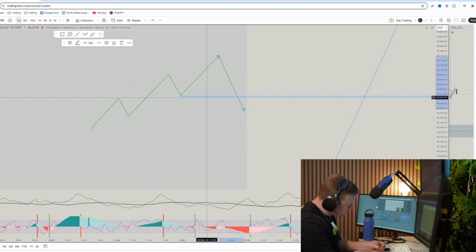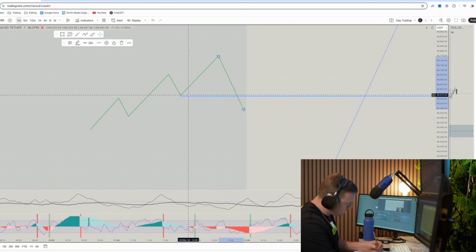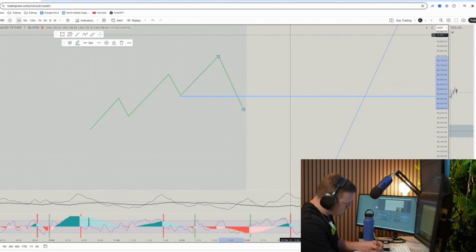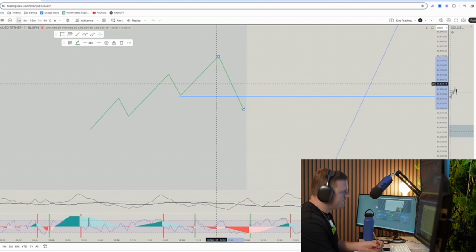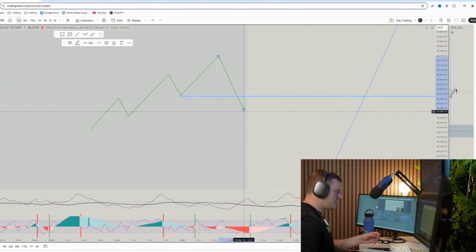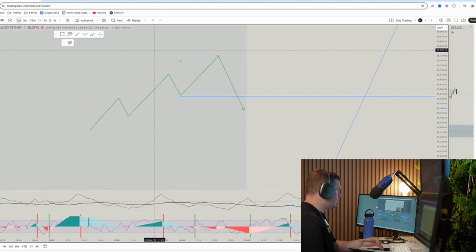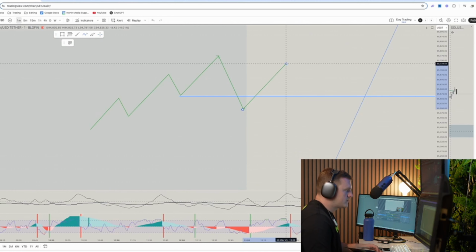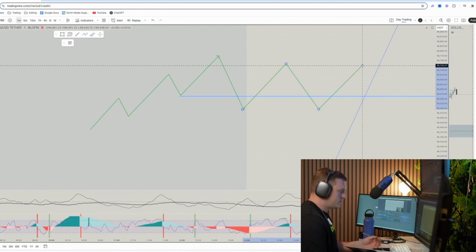Right here would be our change of character, stating one of two things. We're either grabbing liquidity and going to continue on its trend to the upside, or, which happens more times than not, we're going to be entering a new market structure, whether that be a range, which is sideways markets, like this,